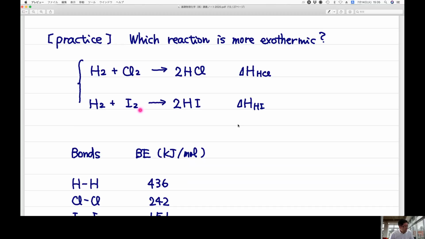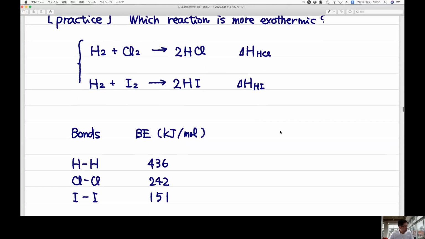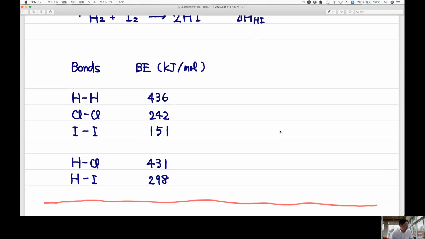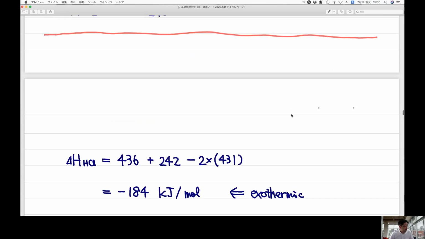Actually, you can easily calculate the change of the enthalpy by the use of the bond energy. This is one of the important techniques. And you can obtain the bond energy from these tables. Okay? The bond energy of hydrogen-hydrogen is this, chlorine-chlorine is this, and HCl is there. Then you can calculate the change of the enthalpy